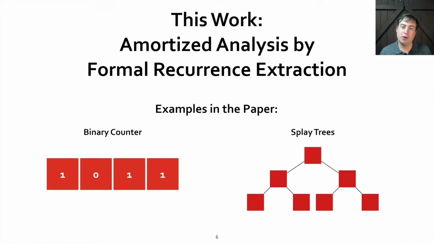In the paper, we go over two standard examples of amortized analysis to demonstrate the effectiveness of our technique. The first is a simple binary counter, and the second is splay trees as presented in Okasaki. Splay trees are notable because they aren't really well handled by automated amortized analysis techniques such as Resource-Aware ML. Since the analysis of splay trees is really complicated and I only have like 10 more minutes, I'll use the binary counter as a running example to motivate our paper's main contribution.